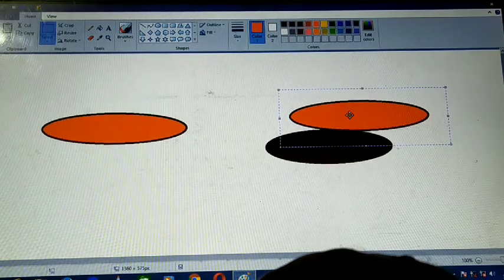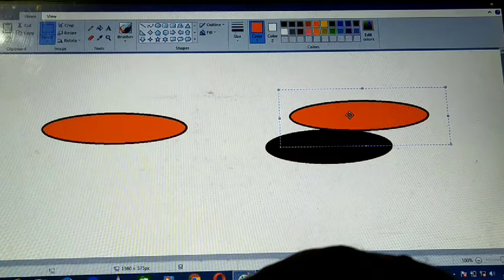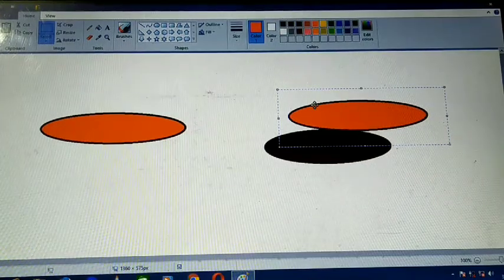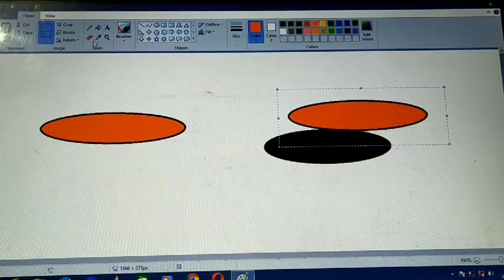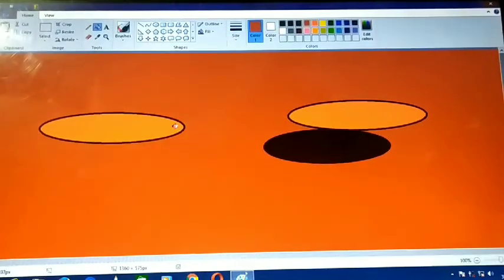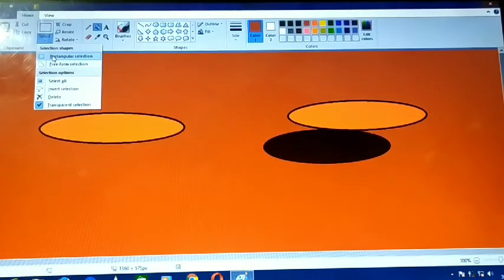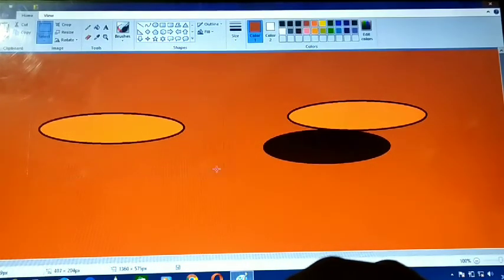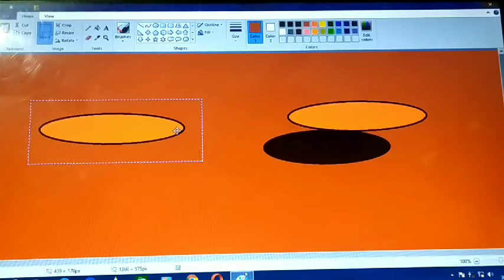Now we'll be moving to how to select an object transparently, and that will be seen. One more option I would like to show: I have selected this object and I fill the color with red. See what I am doing with the cut option. Once more I am showing how the cut option works.